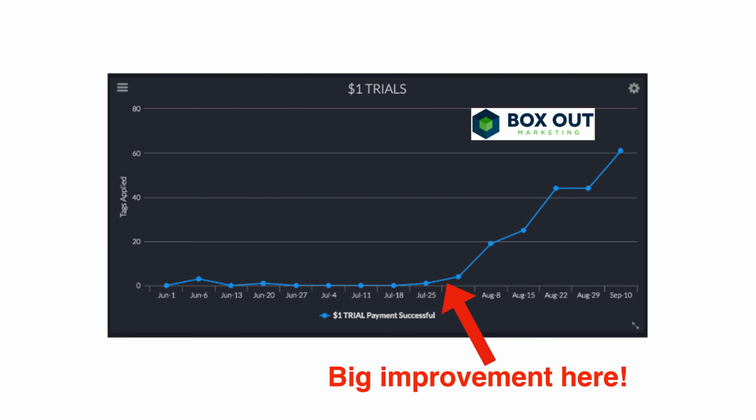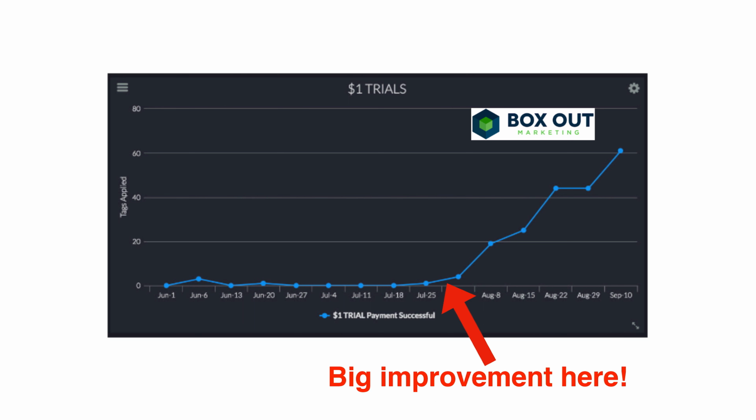So let me show another case study, and this is really, really powerful. Let's say that you're not using virtual summits at all. Don't discount this, because you can use this in your own marketing. I'm going to show you a really amazing example. So look at this chart. You'll see the blue line at the bottom, and then all of a sudden it hockey sticks up. This chart is from my friend Tyler Garnes, who runs Box Out Marketing. When I did a training for his audience on the use of urgency, he wanted to share this case study that I'm now sharing with you.